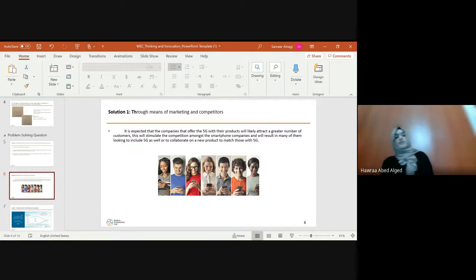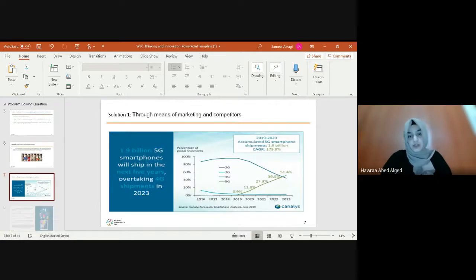Now the first solution is through means of marketing and competitors. Now, the new 5G feature has become a thing of interest for many smartphone companies, and this is due to the fact that such a feature is very beneficial for its users, given its better speed and efficiency compared to the previous features. Therefore, it is expected that the companies that offer 5G with their products will likely attract a greater number of consumers. This will stimulate the competition amongst smartphone companies and will result in many of them looking